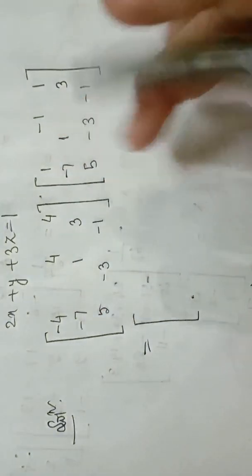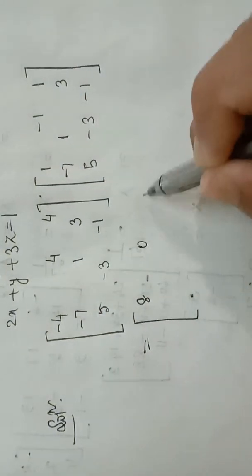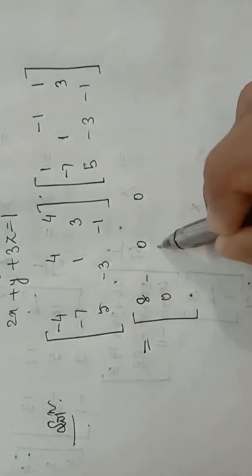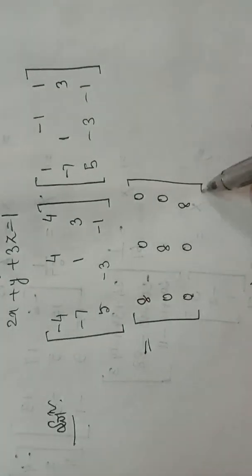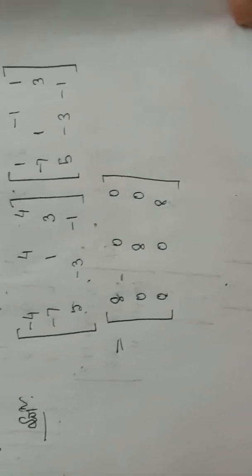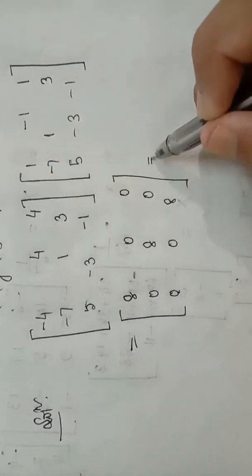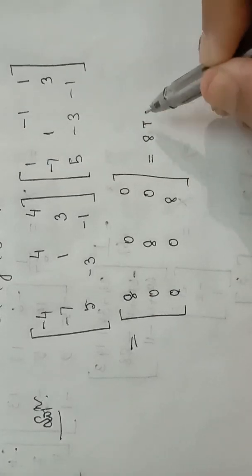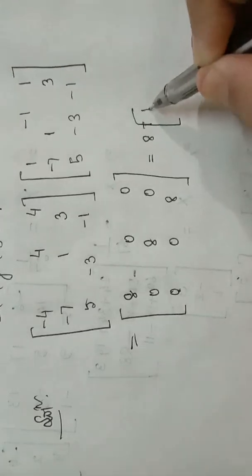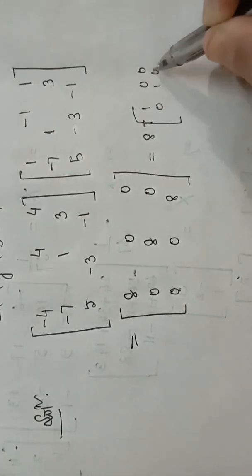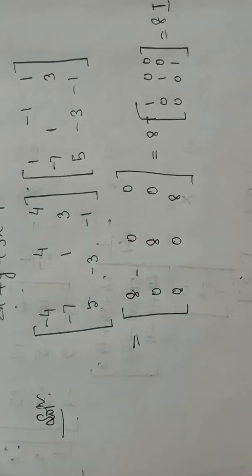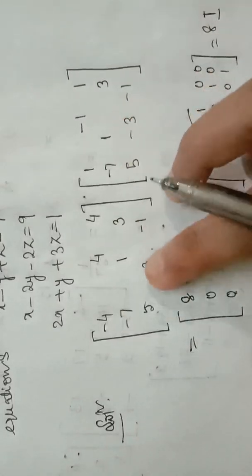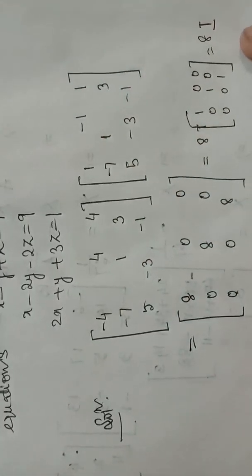This into this will be equal to 8 0 0, 0 8 0 and 0 0 8. Okay, if you multiply these two, you will get this equal to 8 into 1 0 0, 0 1 0, 0 0 1. So 8 into I. So the product of these two matrices equals 8 into I. This is the first part of the question.